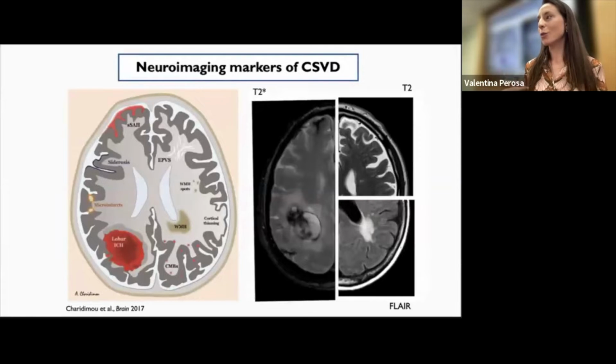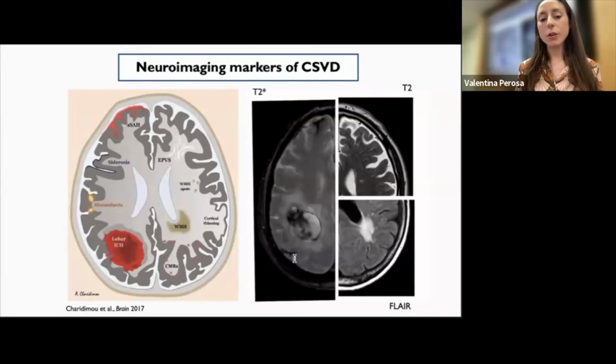And because, of course, we cannot see the vessel directly during life, they're too small to be imaged most of the times, at least in clinical practice. So what we look at are downstream markers of small vessel disease. And this can be non-hemorrhagic markers, such as the enlargement of perivascular spaces that you can see, especially in T2 weighted MRI, but then also white matter hyperintensity in the FLAIR. And then on the other hand, also hemorrhagic markers of disease, such as microbleeds, corticosuperficial siderosis, and bigger hemorrhages, like